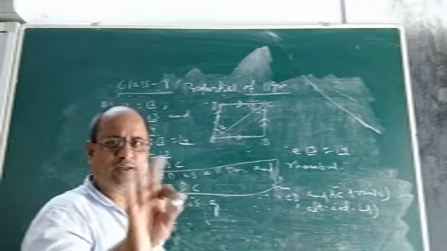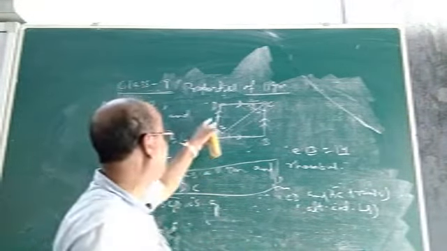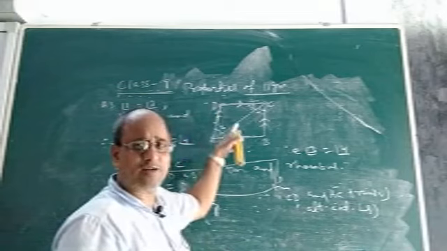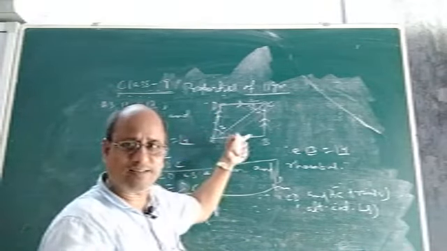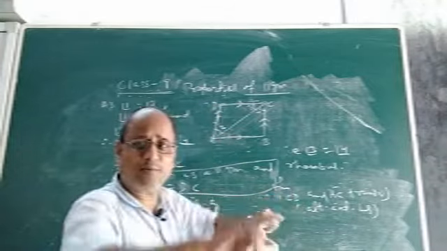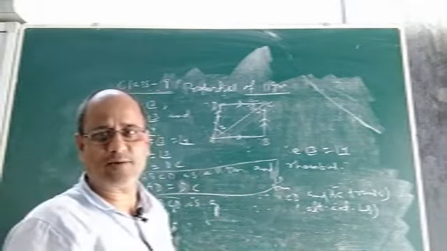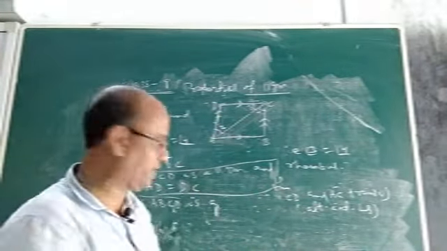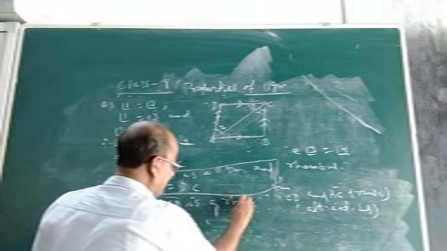In a rhombus, all the four sides are equal. If AD is equal to DC, all the four sides will automatically be equal because opposite sides are equal: AD equal to DC, DC equal to AB, and AD equal to BC. That means all the four sides of this parallelogram are equal. So no doubt it is a rhombus. So ABCD is a rhombus.